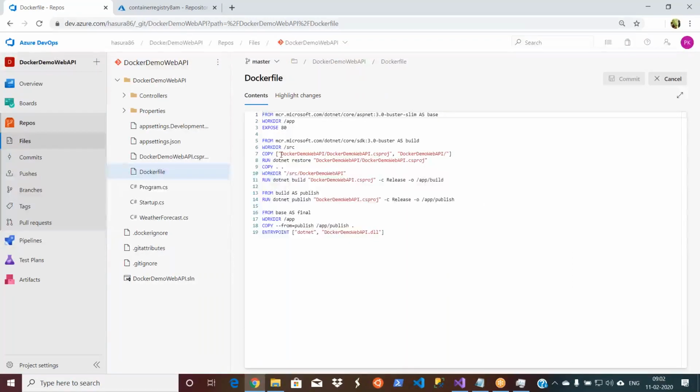So we have this copy command, right? Let the working directory be /src, because that is already relative. This copy command has some fixed path, right? What I do is make it relative.